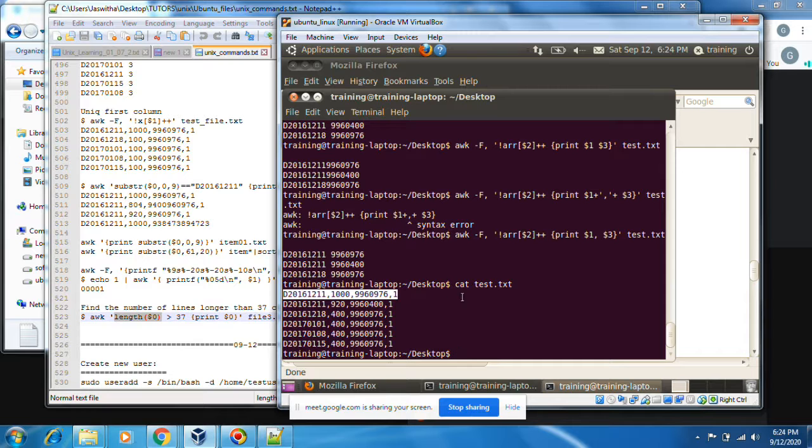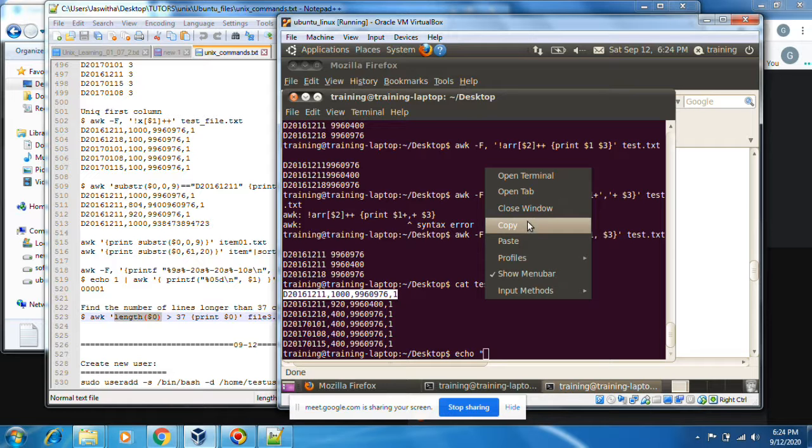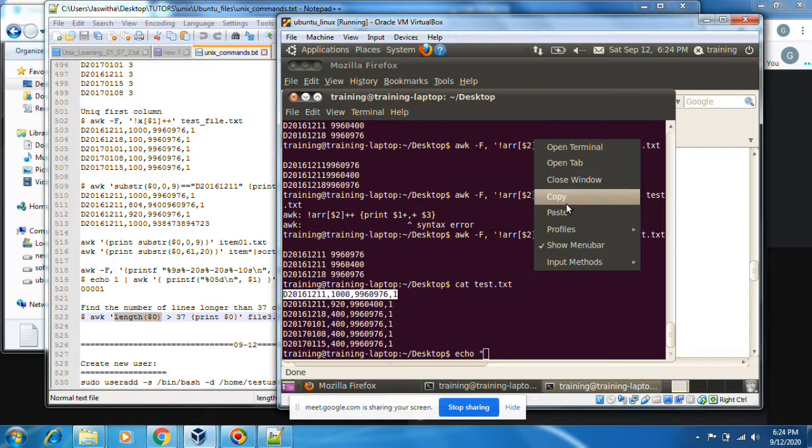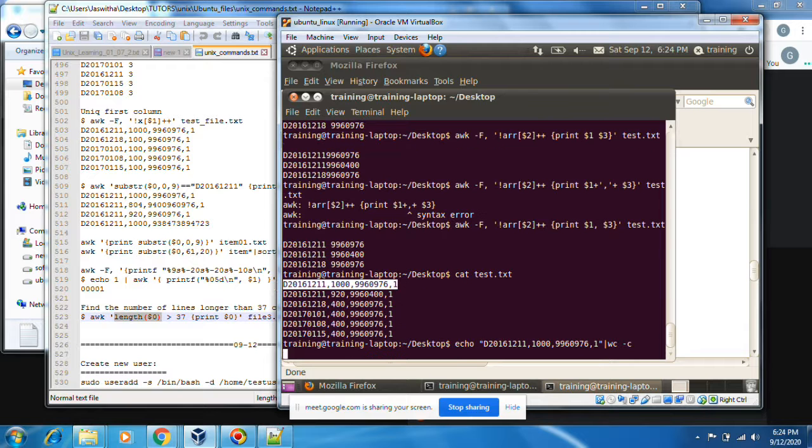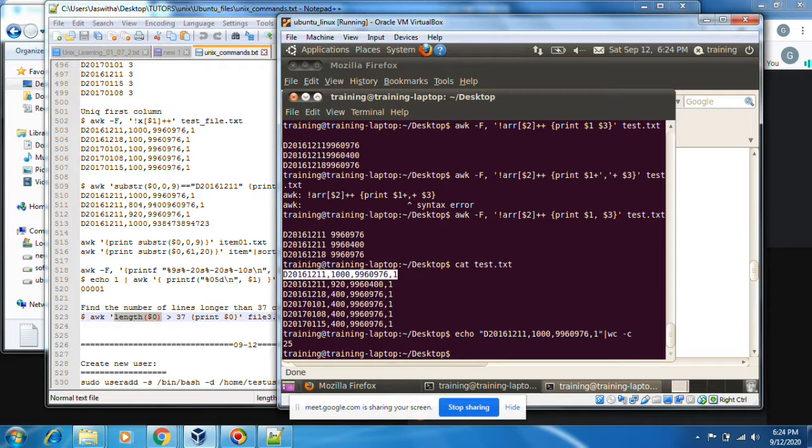That is called the length of the line. Suppose this. Yeah, this is the length of the line.